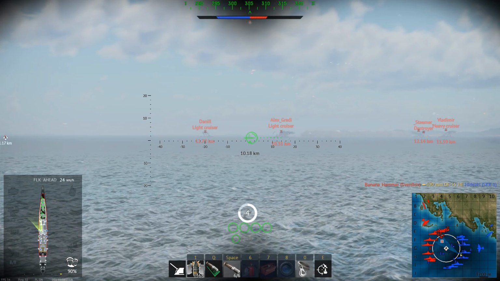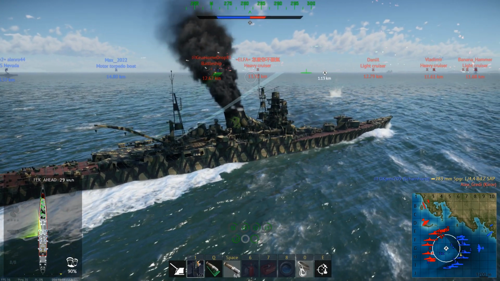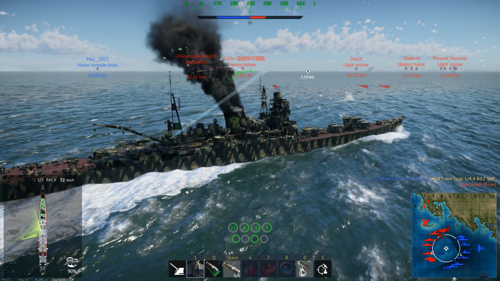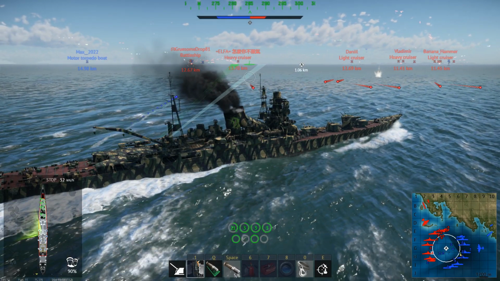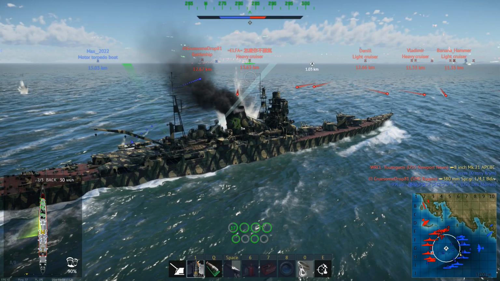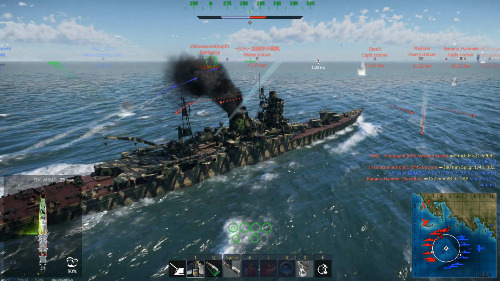And figures, as soon as I get repaired from that one torpedo, another wave is coming in. And not only is it another wave, it's two. This is an interesting cross pattern from the enemy team, but there's a nice gap in it where I'm going to be able to just slip my cruiser through as I continue to line up on the battleship over there. My guns really aren't going to have any effect on him, but I want to...